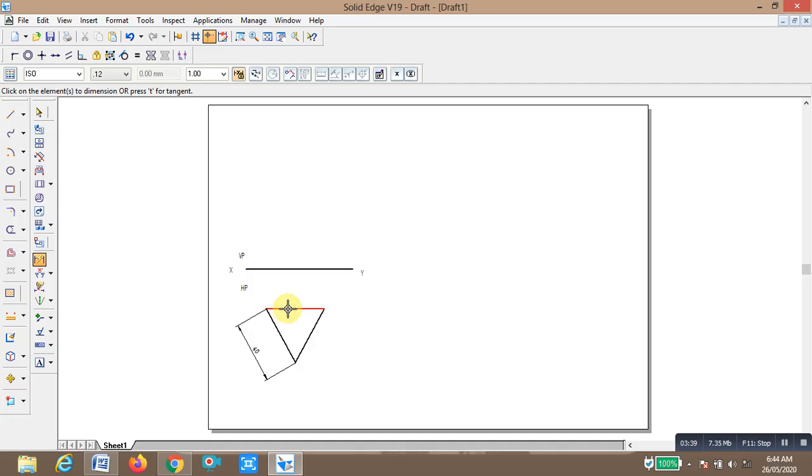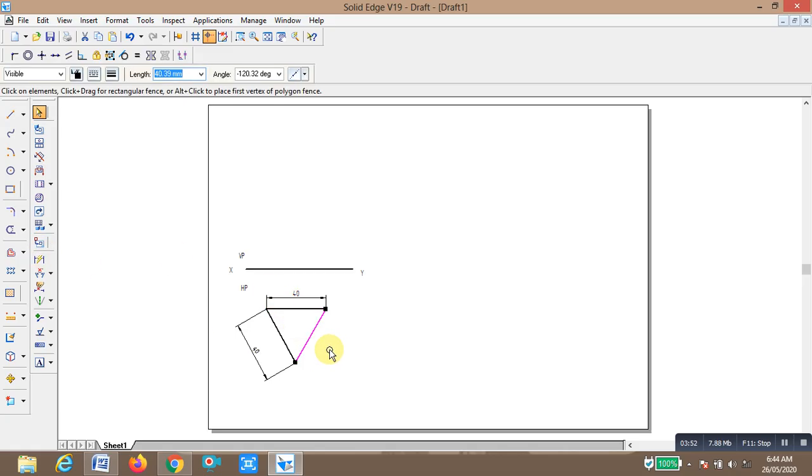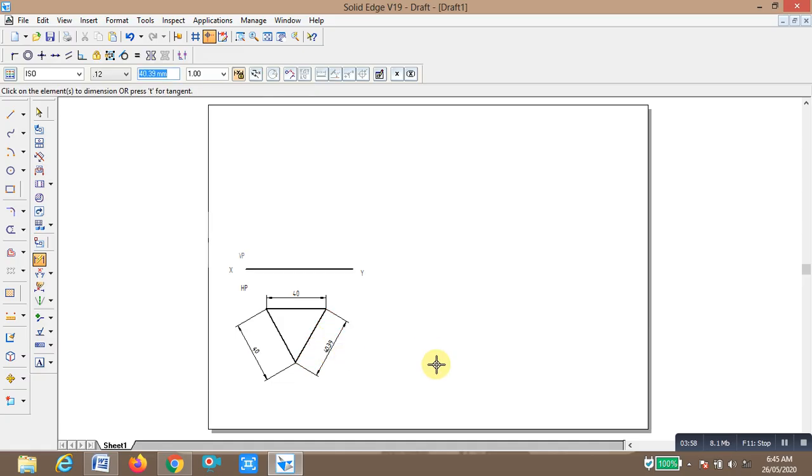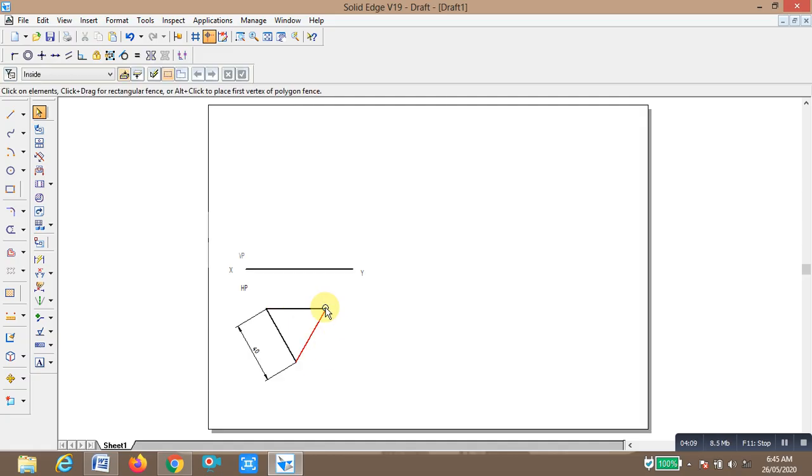Click on this, change it to 40. Click on this, change it to 40. Now all sides are 40. I am deleting these two dimensions, right?